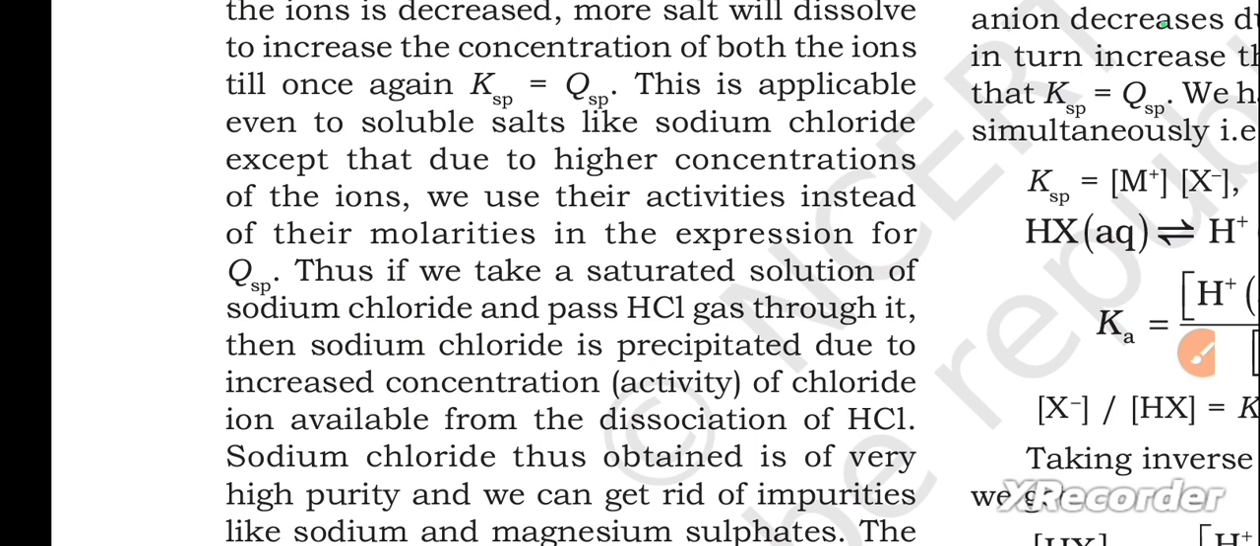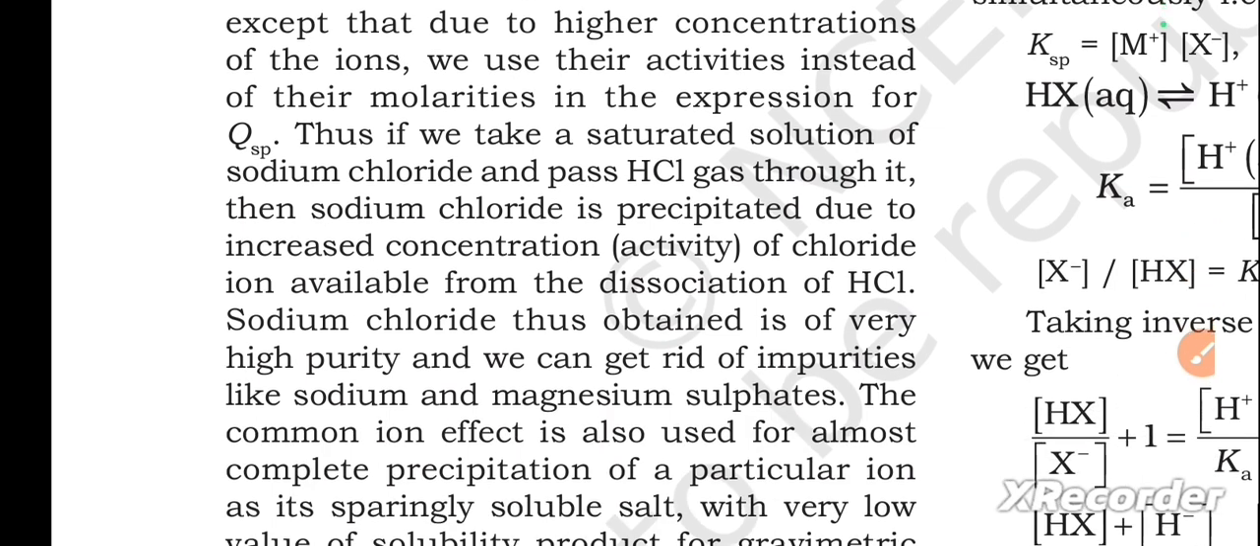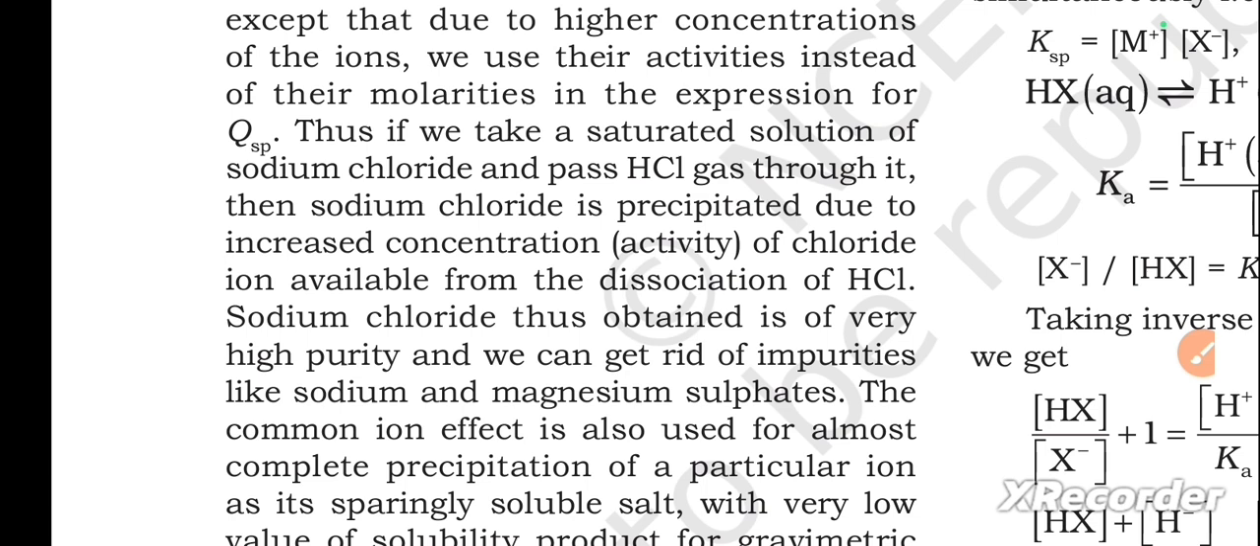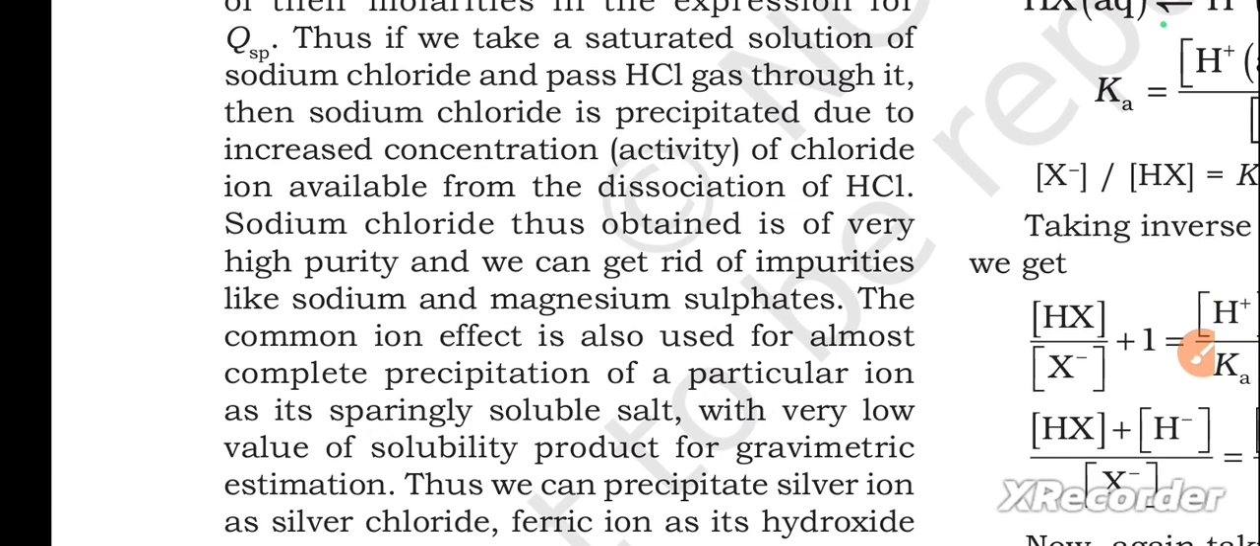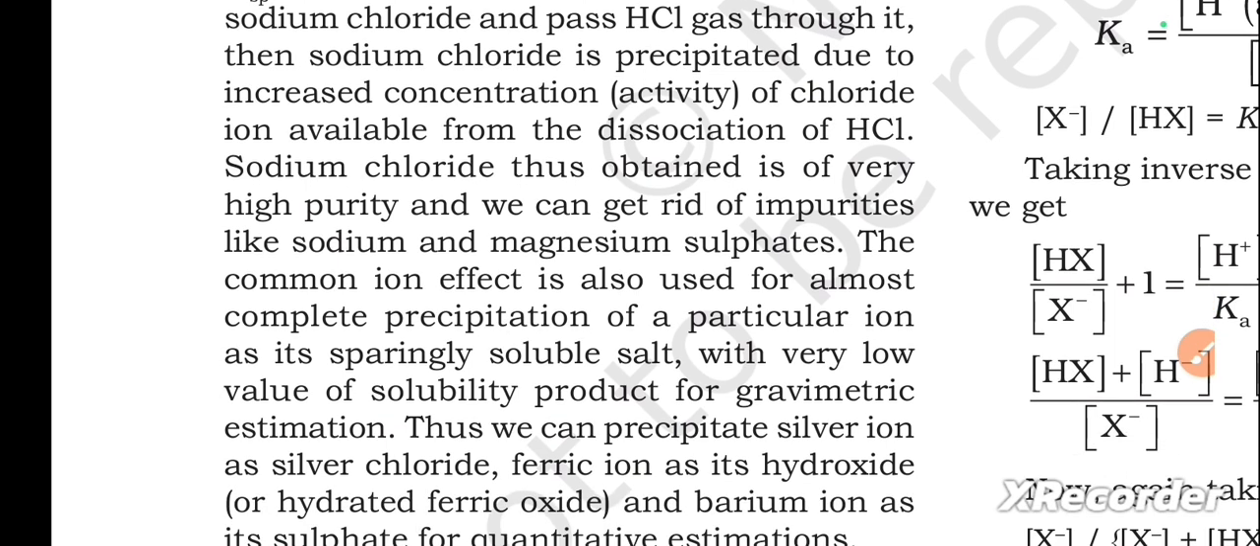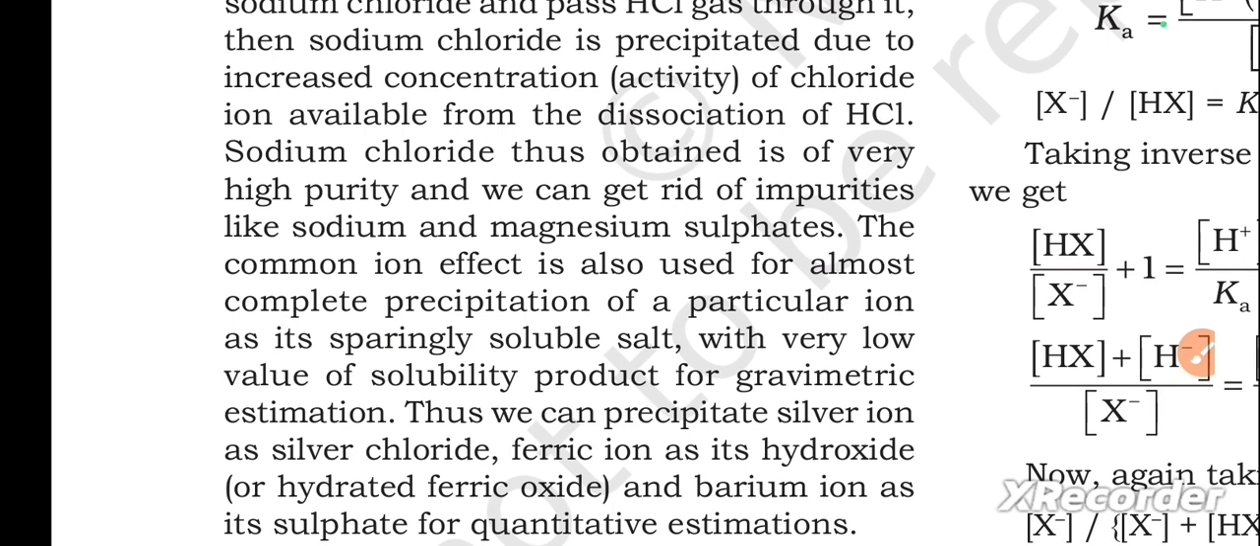Thus, if we take a saturated solution of sodium chloride and pass HCl gas through it, then sodium chloride is precipitated due to increased concentration of chloride ion available from the dissociation of HCl. Sodium chloride thus obtained is of very high purity, and we can get rid of impurities like sodium and magnesium